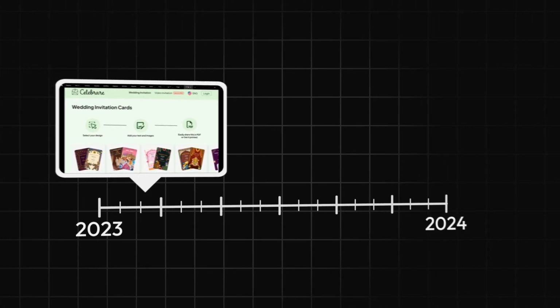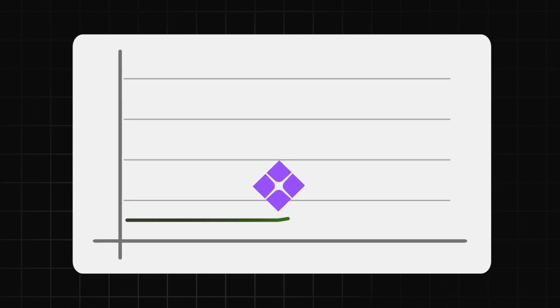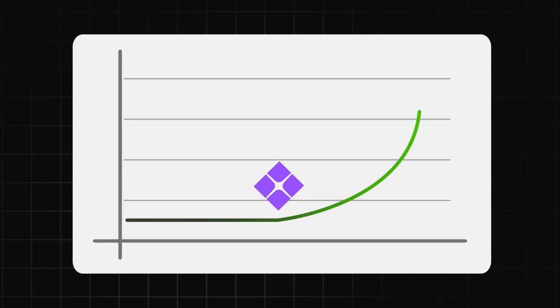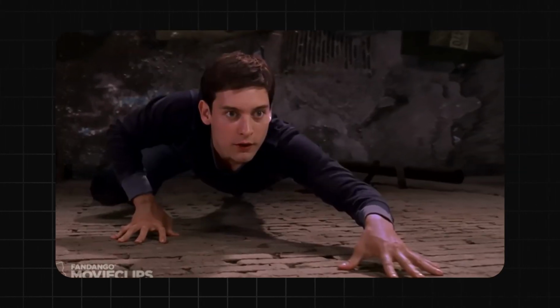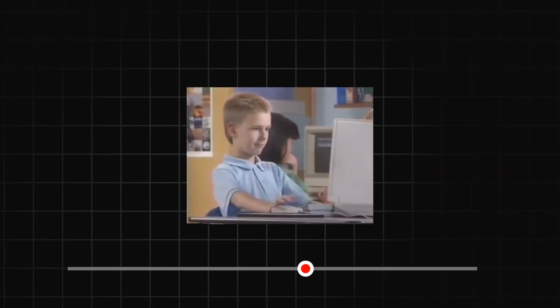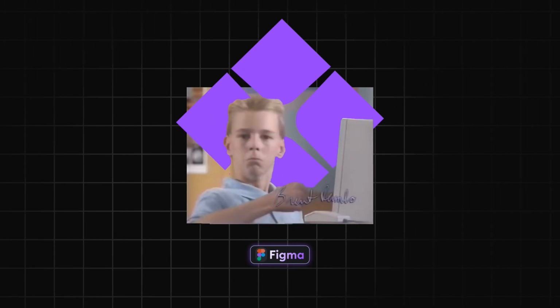During my past 1 year of design journey, I worked on multiple website and app UI design projects. And when I started using the components feature in Figma, my design workflow became faster than before. Using components is like having a superpower while working on your design project. By the end of this video, you will know how pro designers use the components feature in Figma to design